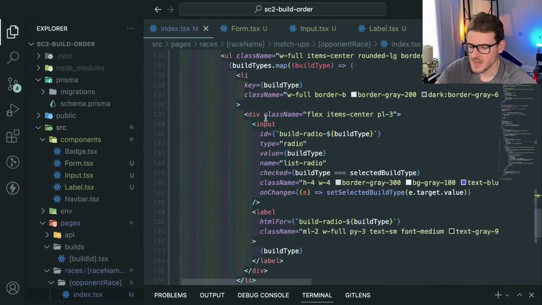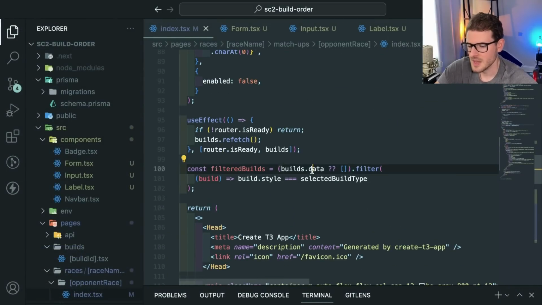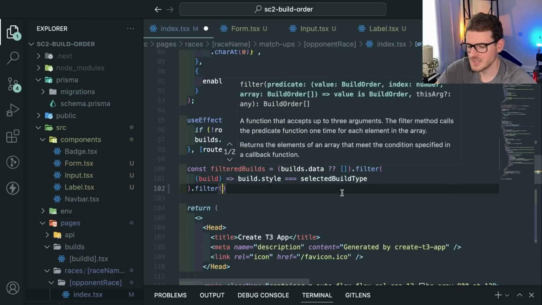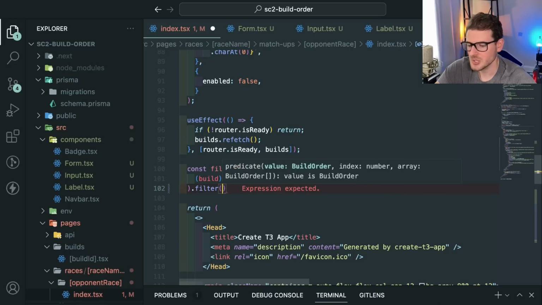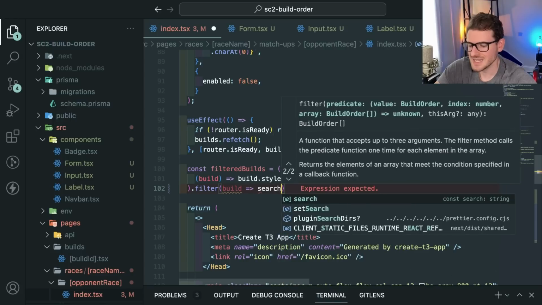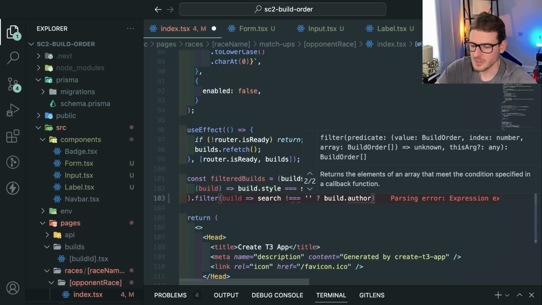So remember, we did the filtering here, filter builds. And we're filtering by build type to start with, but we can also tack on another filter. And I like having separate filters because it keeps the code a little bit cleaner to read. So I'm going to add another filter, and we want to filter by the search. So again, I'll say build, and then I'm going to say if search is not equal to empty string, then we're going to say build author dot